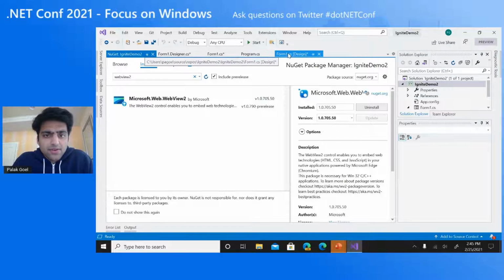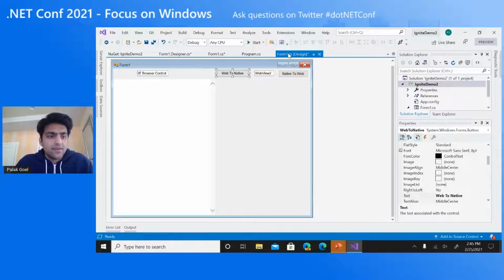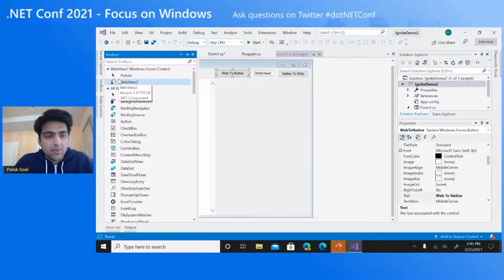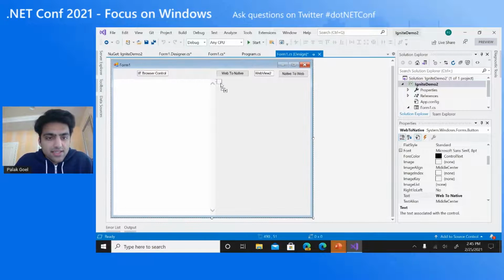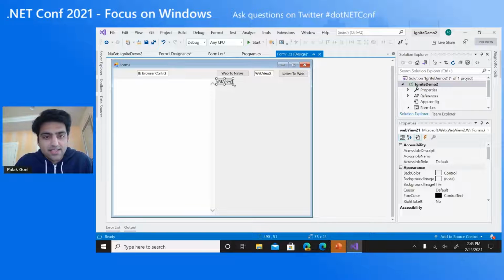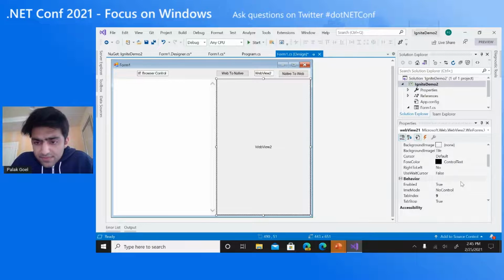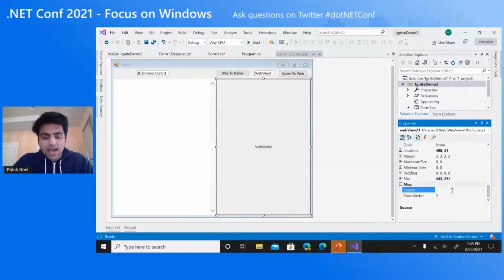So the first thing I'm going to do is open up this designer. And all I need to do to get started is just open this toolbox. WebView2 should be at the top. I just need to drag and drop it into the application, and I can expand it. And it's really just that simple. Now I'm going to go over to this properties menu on the right. I'm going to find the Source property. And I'm going to have this navigate to